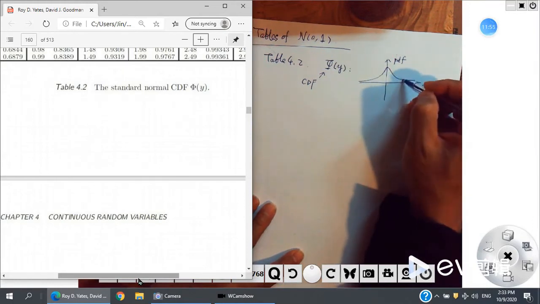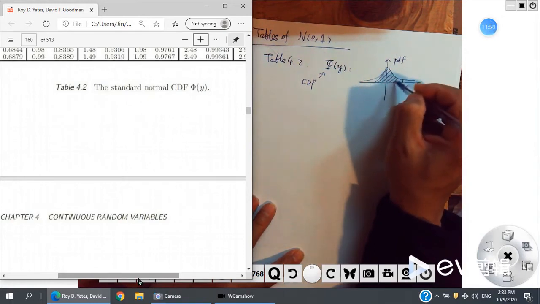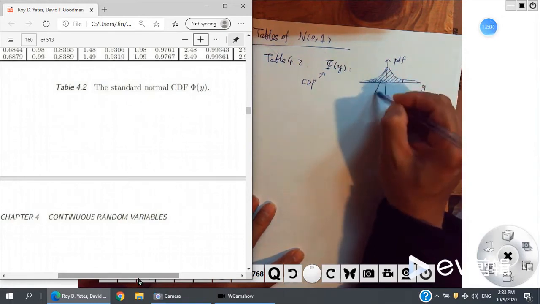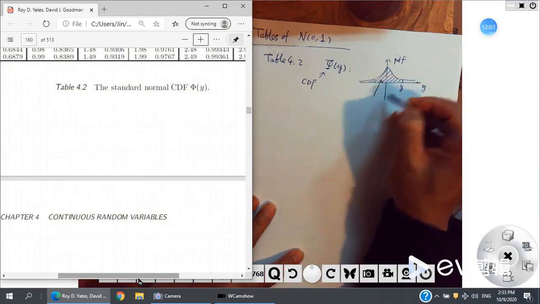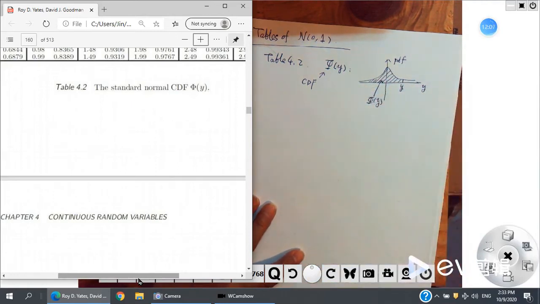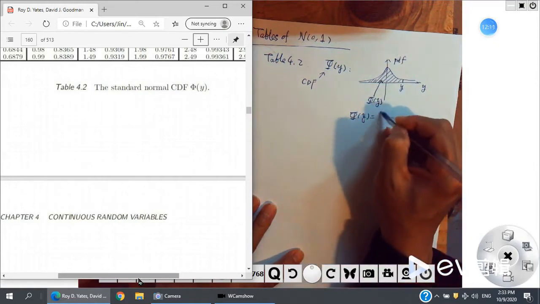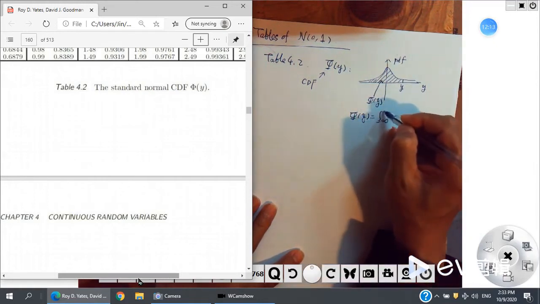So it's here. The area, if here is y, the area is phi of y. If you write it in a formula, there will be an integral from negative infinity to this y of